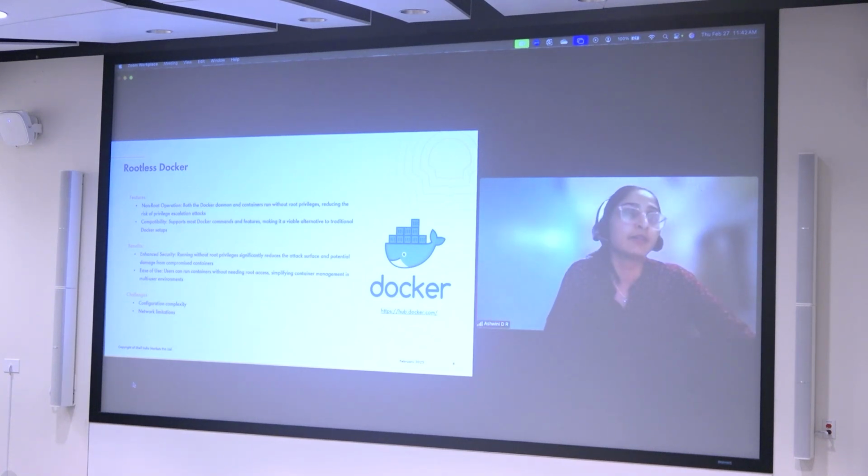Let's say I have a node and there are two users wanting to use Rootless Docker, we would want both of them to have unique port ranges, and I think the added complexity comes in